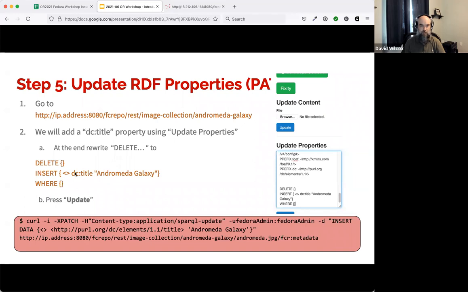And I'm just going to give it a Dublin Core title of Andromeda Galaxy. This is a very simple operation here, but if you're not familiar with SPARQL Update, all this is saying is that the open and close brackets here indicate this particular resource that I'm currently operating on. Then DC title is Dublin Core title, and then in the quotation marks is the title Andromeda Galaxy that I want to give to this resource. You could do a whole workshop just on SPARQL Update, so we're not going into a lot of depth on that